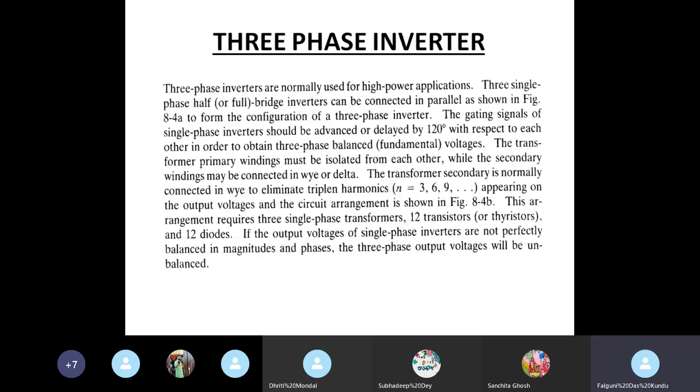As we know, if we apply a three-phase voltage, meaning R, Y, B, for the balanced supply, they are 120 degrees apart from each other. So in case of a three-phase inverter, the gating signal of a single-phase inverter should be advanced or delayed by 120 degrees with respect to each other in order to obtain a three-phase balanced or fundamental voltages. The transformer primary winding must be isolated from each other, while the secondary windings